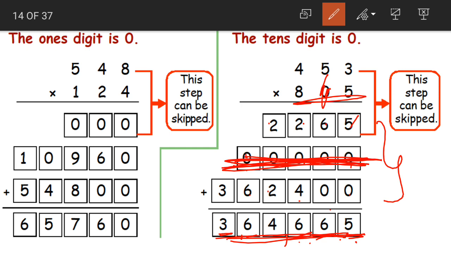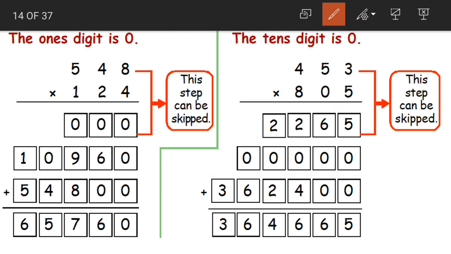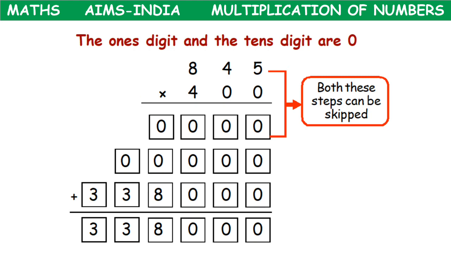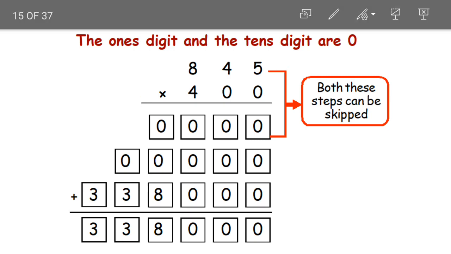What happens if we skip multiplying with 0? Will there be any change in the partial product? 5 plus 0 is 5, 6, again here also 6, 4, 6 and 3. We got the same answer. So again from this what is proved here? Whenever we are having 0 as one of the digits of our factor, we can simply skip multiplying with that number. Even though we skip, there will be no change in the answer.